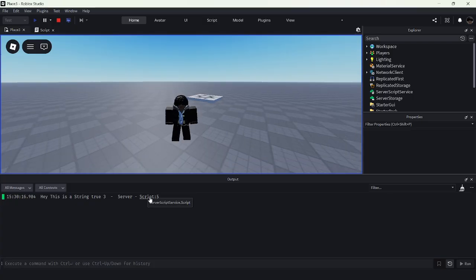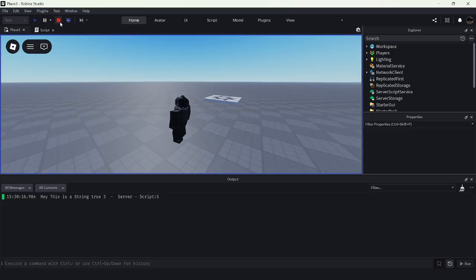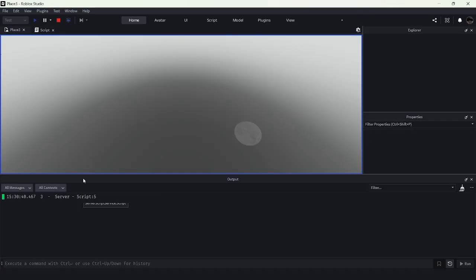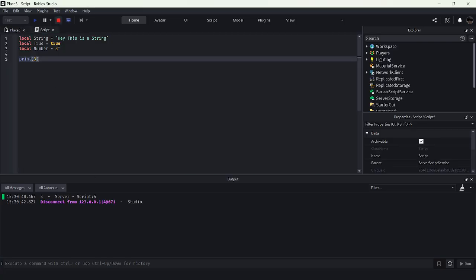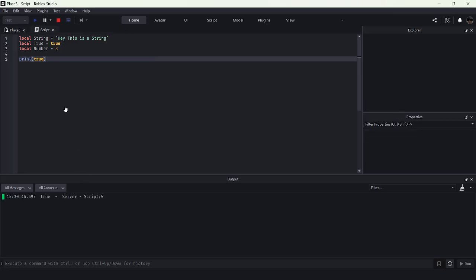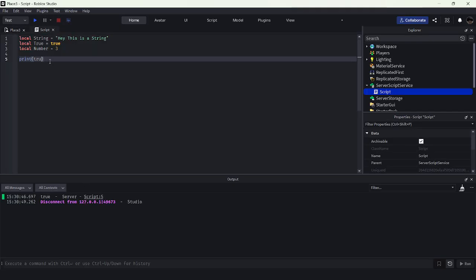Like if you want to put multiple values of variables in, or how technically print in itself can be used to print not only variables. If you want to just print 3, it'll print 3. If you wanted to print true, it'll print true. If you wanted to just print its own string, we could do